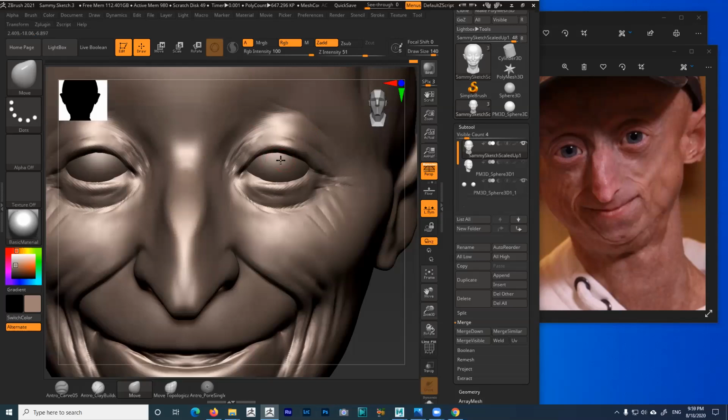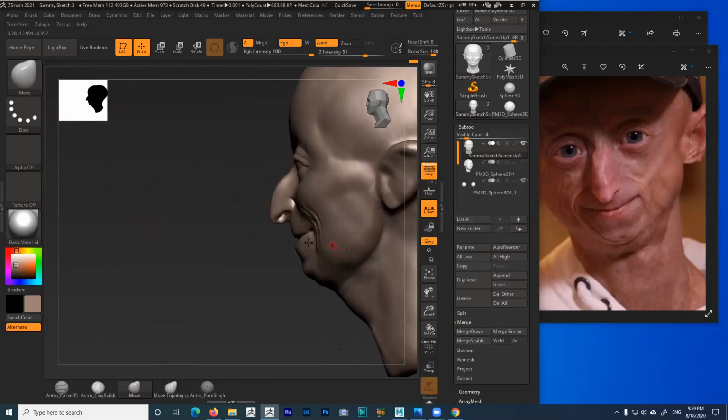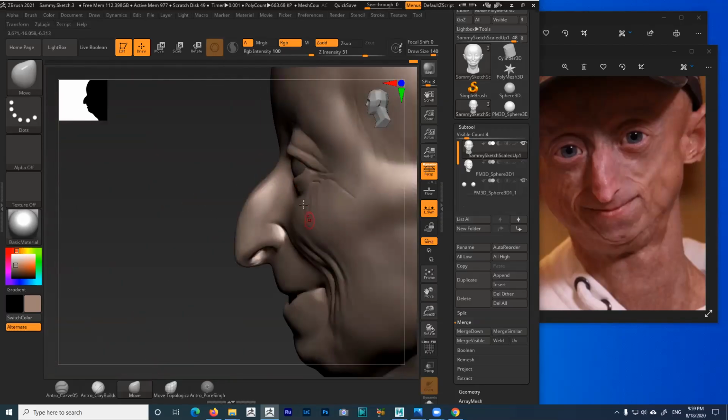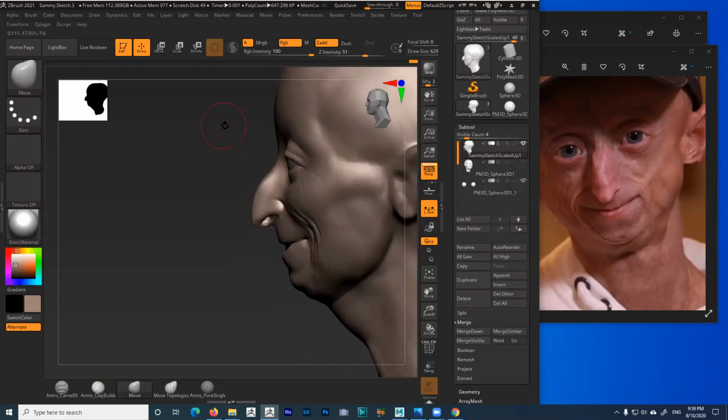we're just sketching for now. Later on, we're gonna be cleaning up this whole mess. But we're gonna make sure that from the profile, we get a little bit of this angle right there. This area here, I probably have it too shallow, so I'm gonna bring it out a little bit, and probably